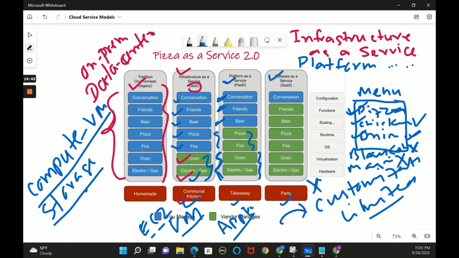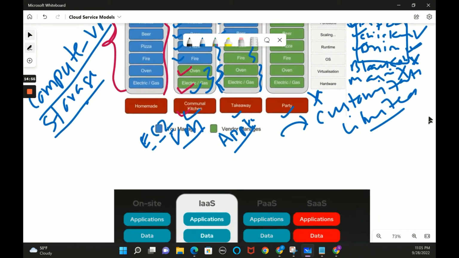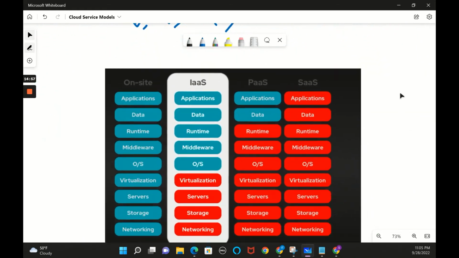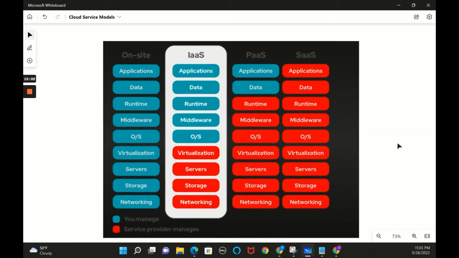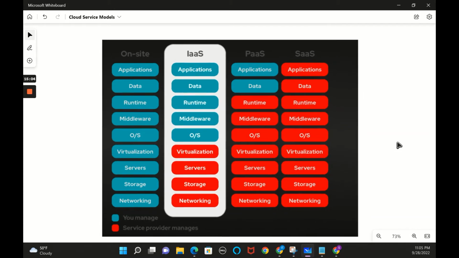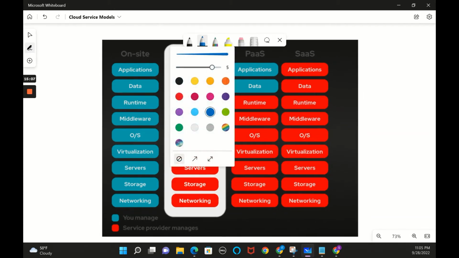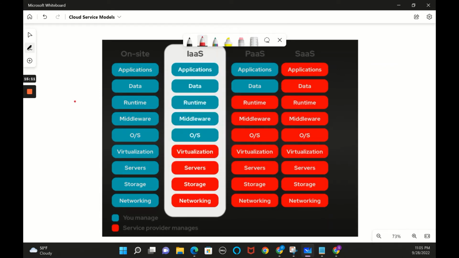All right, so let us go down into the actual picture. So you understand, guys, right? What is pizza as a service? It is the same as our infrastructure as a service, our IT model. So let us go to the next picture, which is also the same thing we are discussing, but a little from the IT perspective. Red is my favorite color, so I'm choosing red. First of all, the on-site. On-site is nothing but on-prem